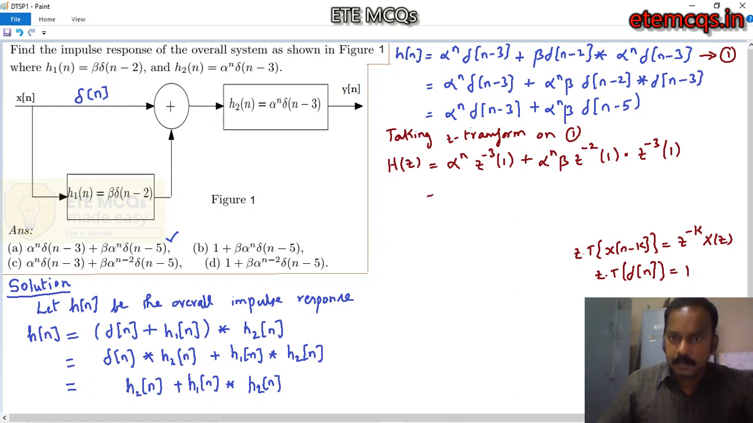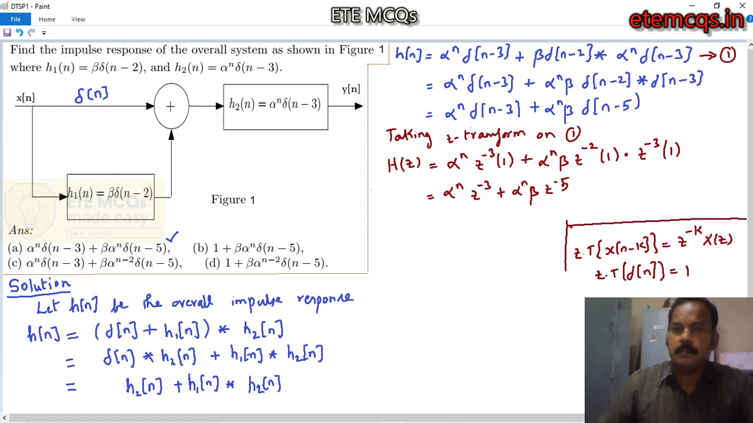Now further this can be rewritten as alpha power n into z power minus 3 plus alpha power n beta, the whole into z power minus 2 into z power minus 3, which is z power minus 5. This is all we have finally. Now you can take inverse Z transform in order to find the time domain impulse response. Now taking inverse Z transform,